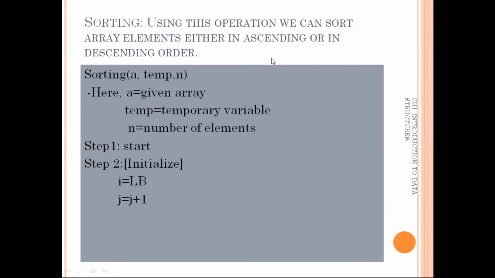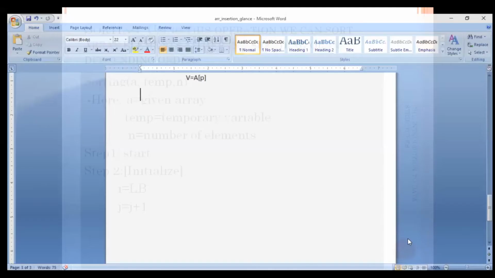Okay, fine. Now first of all we will see how sorting will be performed. In your examination, the algorithm for sorting will be asked either for ascending order or for descending order. Today we are going to see the algorithm for ascending order sorting. For descending order sorting, you have to write it on your own. First see the sorting operation, how it works.